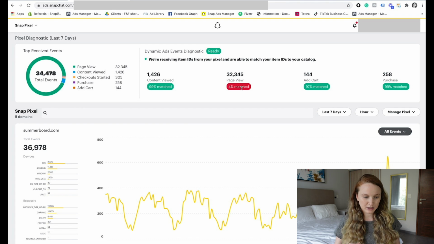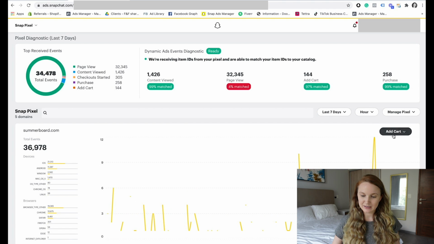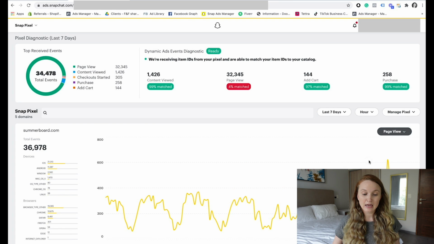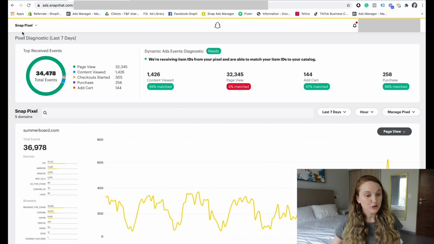But what I do in here a few times a week is I actually go down to all events right down here in the mid right corner, and I take a look at the different events that are triggering on my pixel just to make sure that everything is triggering correctly. You want to make sure here that you're not having a tracking problem and that things don't just die off or flatline. And you got to do that a few times a week so you can make sure everything is